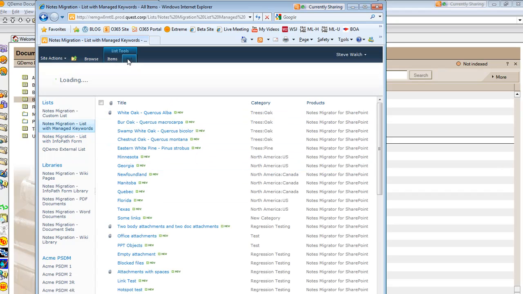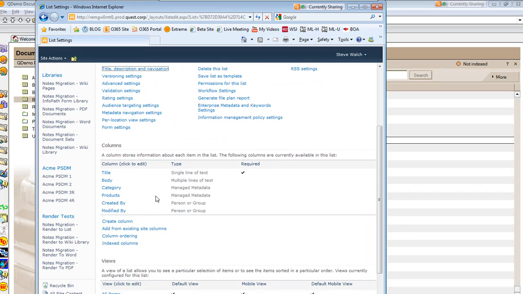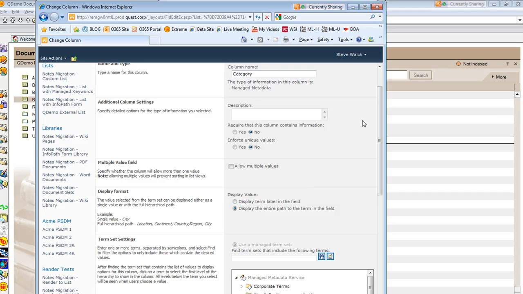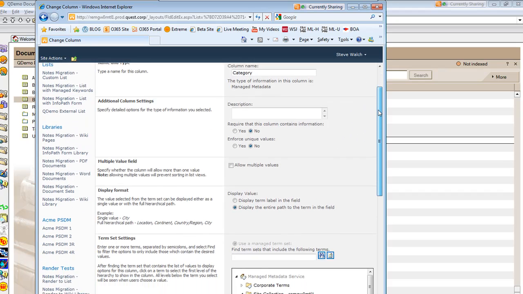metadata fields. So if I go into my list settings here, I can see we've actually got two managed metadata fields, the category field and the products field. And so again, I had to configure this manually in my list. Our tool cannot provision this for you, but it's well worth the effort because metadata fields are very cool. So with a metadata field,